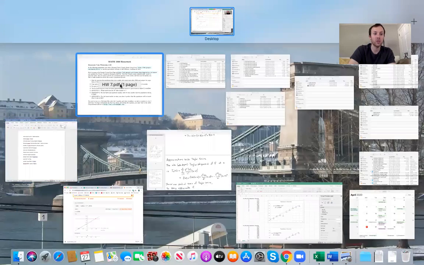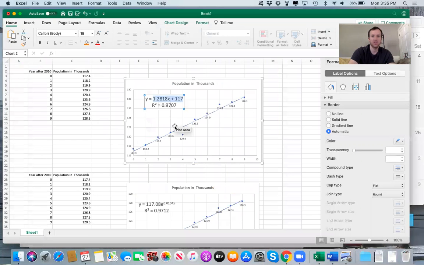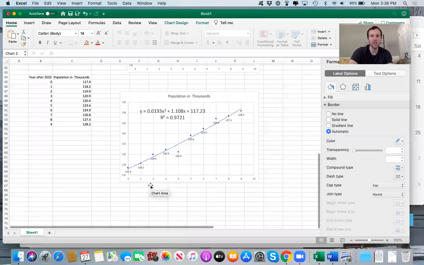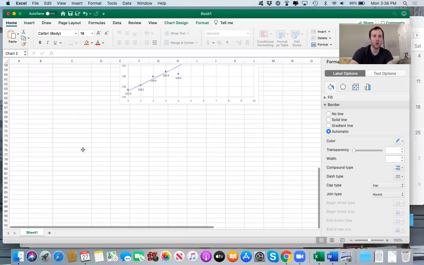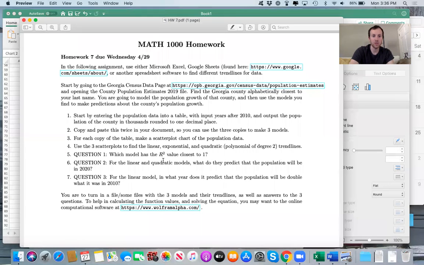And so those are the questions that we want to answer. When we turn this in, make sure you submit this file with all of your pictures, and either in a separate file, or you can below here just write in question 1, answer, question 2, answer. You can put those in your document. But make sure that you include the 3 models and answer the 3 questions. And